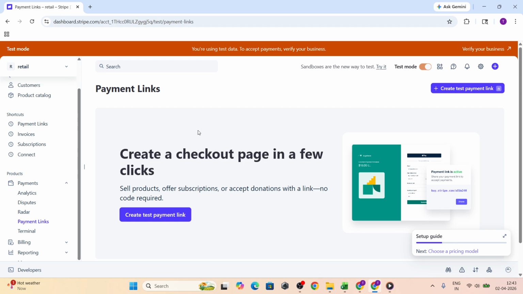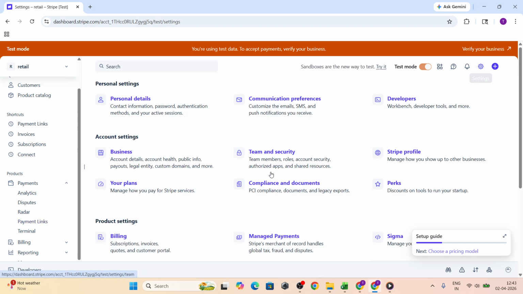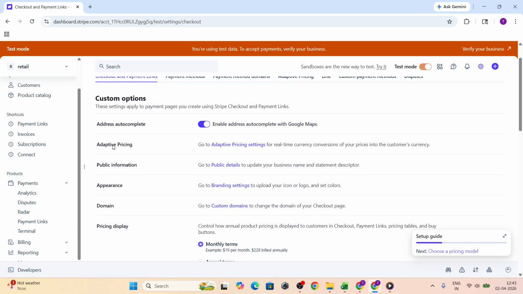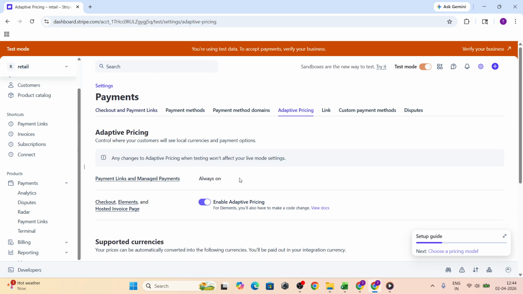If you don't see the adaptive pricing option, make sure your account is supported in your country and that you are using checkout or payment links rather than a fully custom payment form. That's it. Your checkout and payment links can now display localized prices automatically, helping customers pay in a currency that feels natural to them. While you manage just one base price,